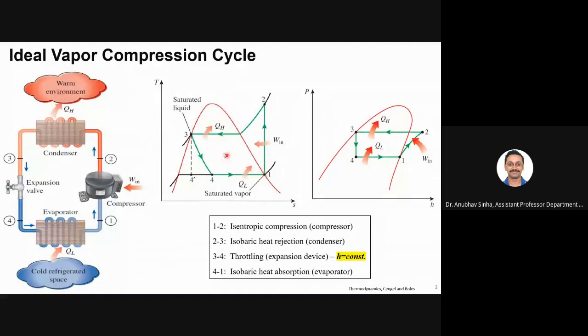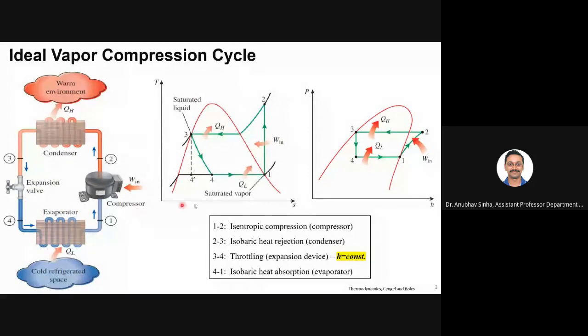Similarly, if you talk about the condenser, the condenser inlet is at 2. 2 is a superheated vapor region. Now from superheated, it has been brought back to the saturated liquid region. So it is basically condensing the fluid from superheated to saturated liquid state. That's why these names are given, because this is condensing the fluid and this is evaporating the fluid.